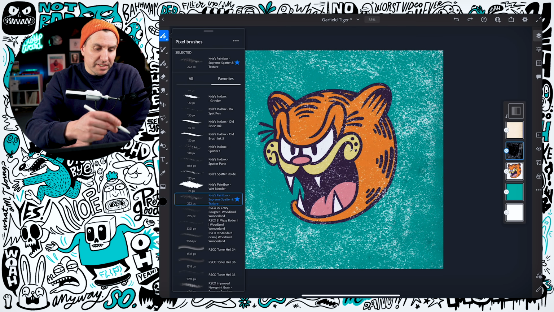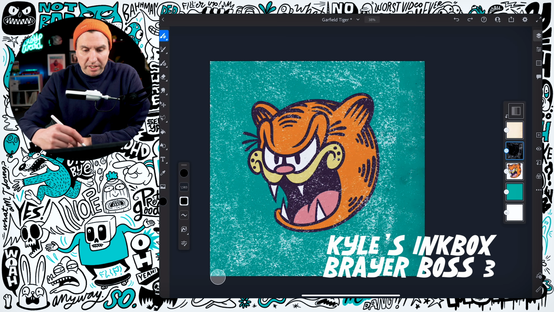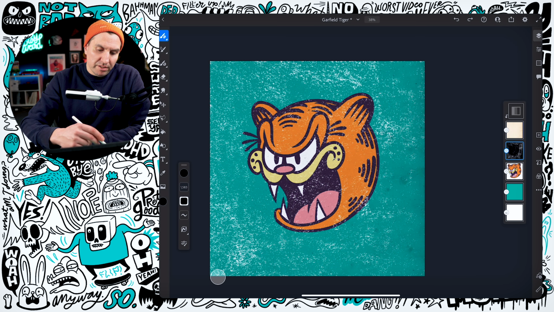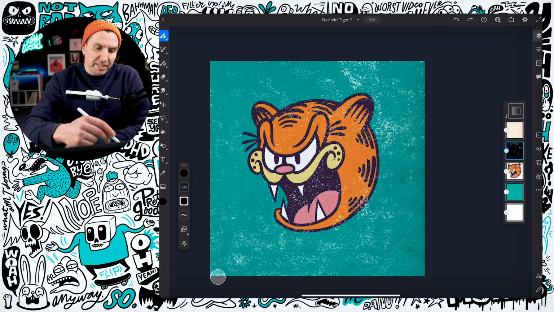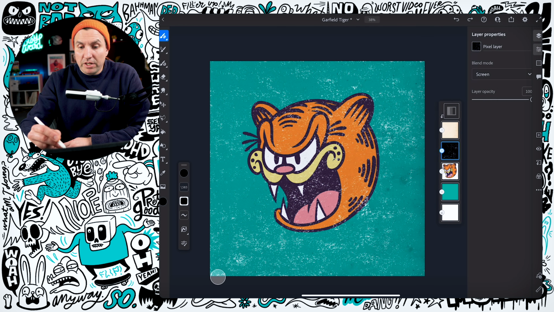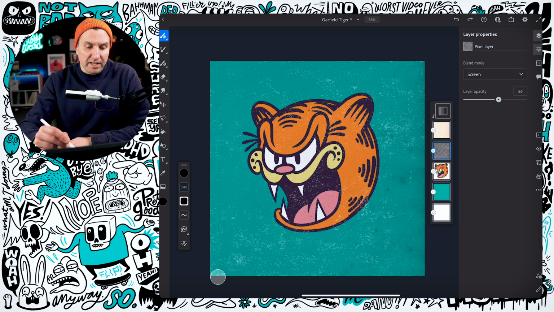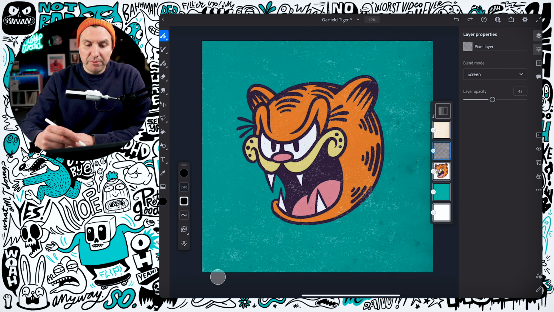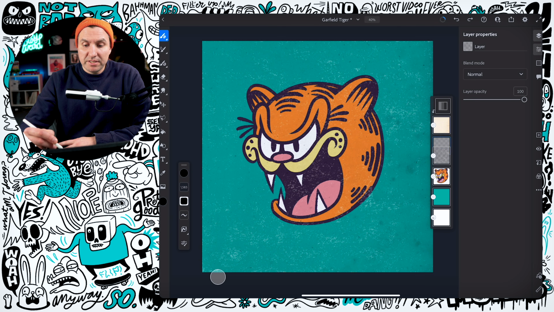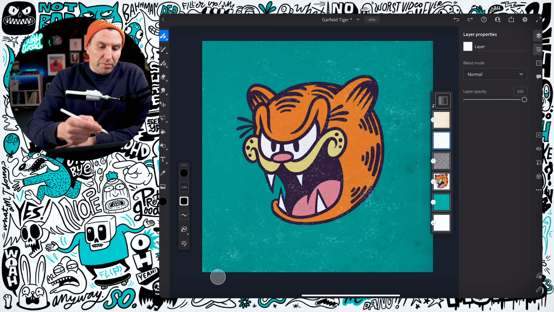You can grab another texture brush. So use this ink brayer. Yeah, that's what I wanted. So now we can kind of smooth this out a little bit. We can also adjust the opacity so that it's not as aggressive. And another thing we could do on top of all of this is to take this purple color, and on